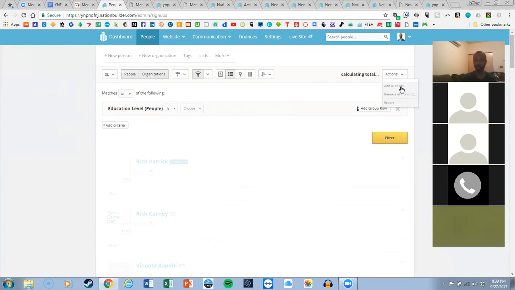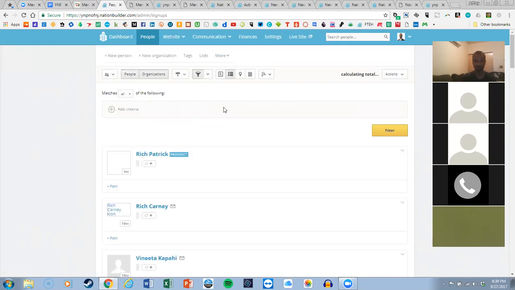So if you needed a quick update on everybody who is a particular membership type for this month, like the most current list, you can run that filter, save the list, and mark it as the current month, and that way anyone else from your chapter who needs that information can quickly find it in this part of your NationBuilder dashboard. One thing that might be really useful for anyone working on membership management in your chapter,